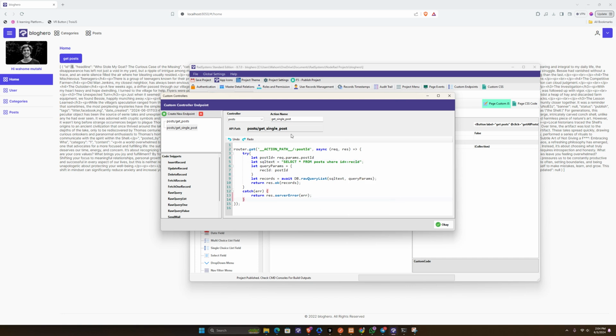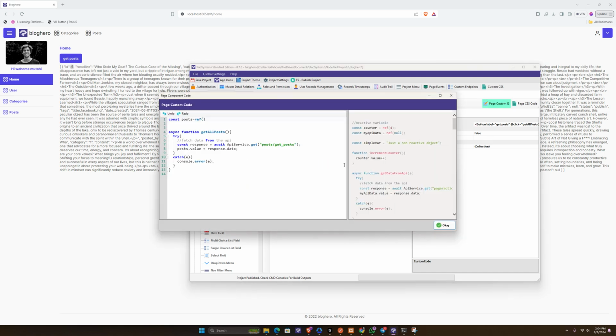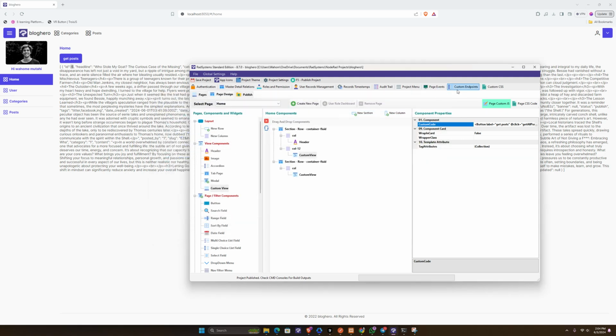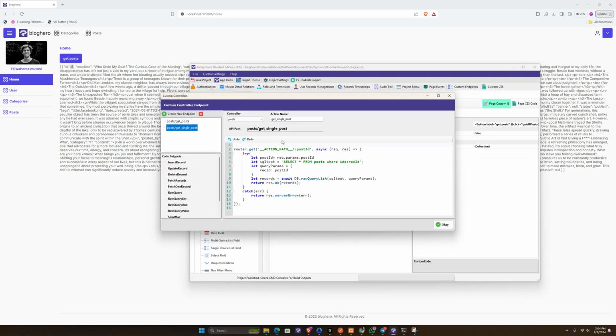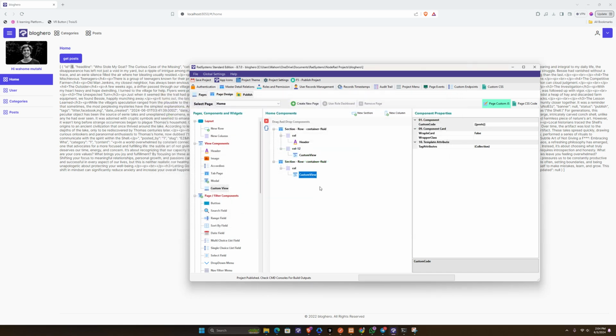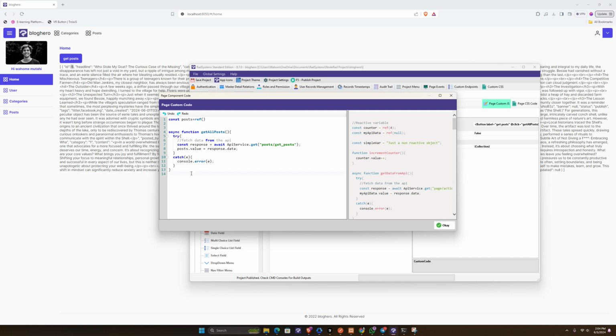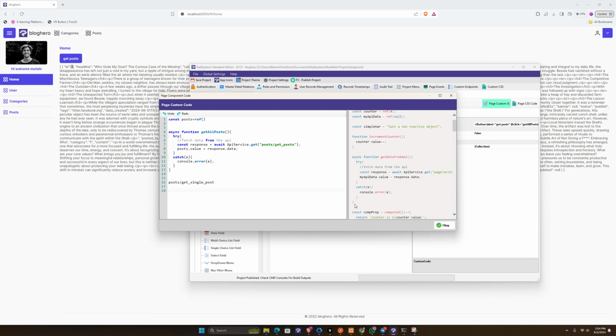So now we have already defined this, and now remember we are still interested in this. So you copy this URL, but keep in mind that this custom endpoint expects a URL parameter here. Great. So click on that, and now let's go back to our custom view here. So this button here, what you are going to do is let's have another. Let's first go here, and I'm just going to paste that there, and I want to now get a single post. So just come here and you're going to say get single